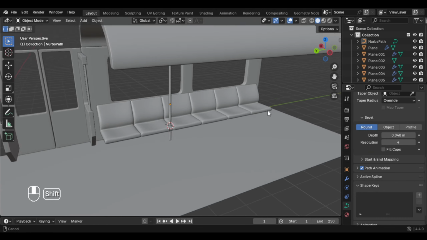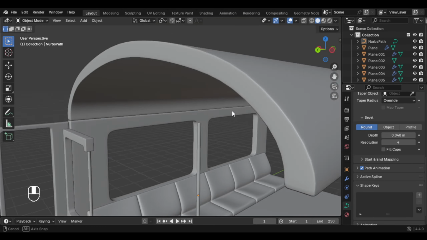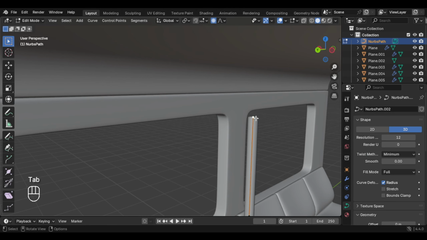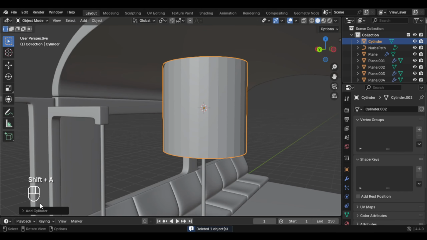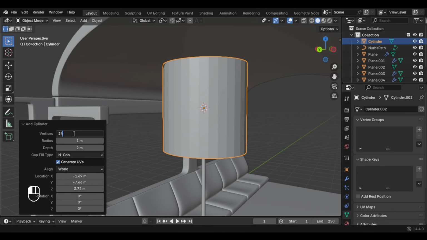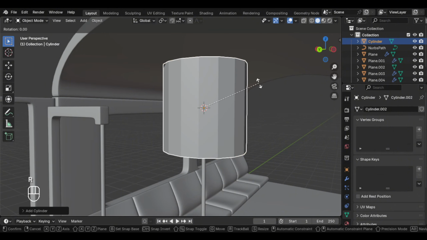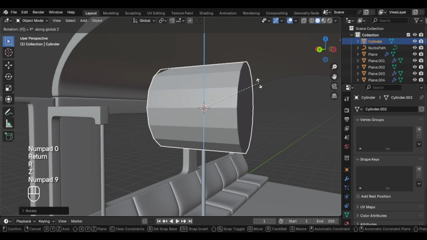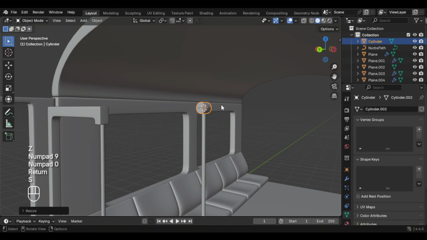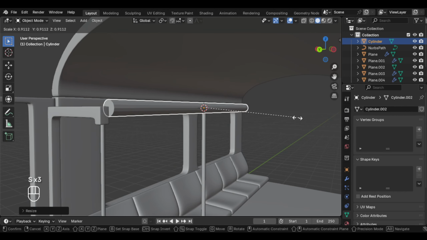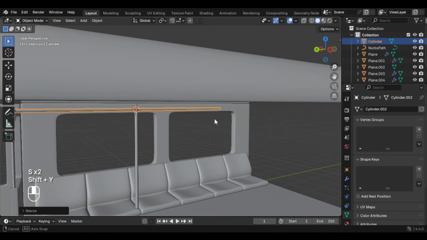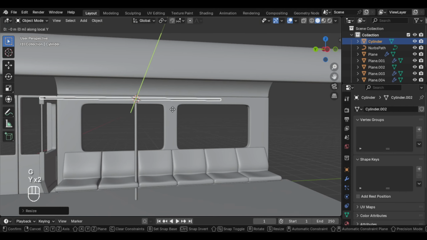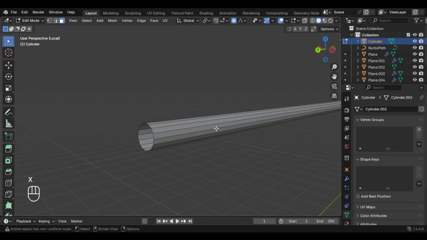maybe something about this. And we also have to make one more here, so let's select this one and cursor to selected, and let's add a cylinder, and we can change it to 24, that should be enough, or even a 16, and let's rotate it and make it smaller, and we can adjust the length, and you can press S and Shift and Y so it is not scaling on the Y axis, and we can bring it to here, and we can also mirror